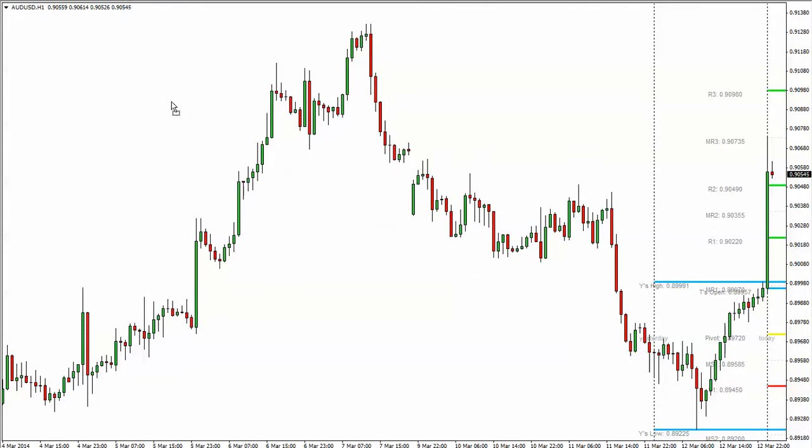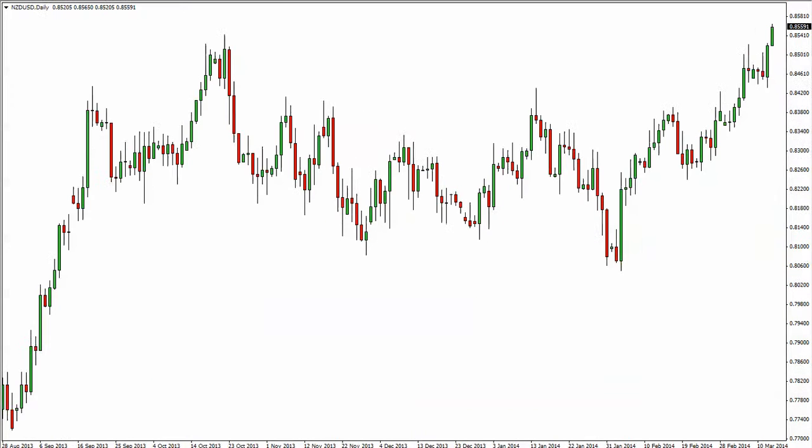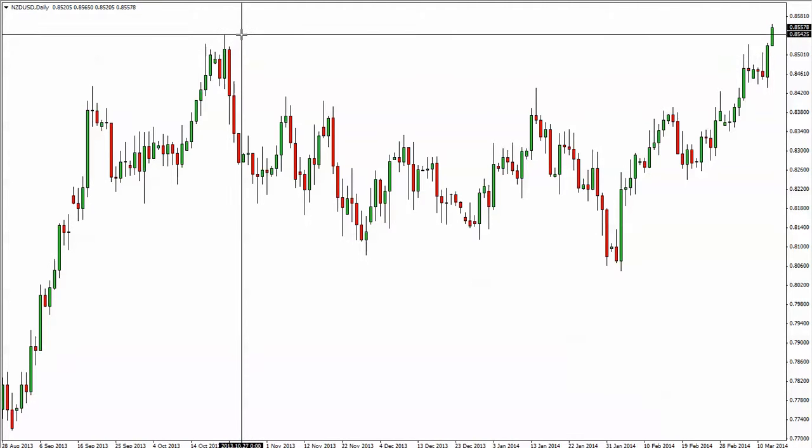And the last currency pair that we're going to take a look at is the New Zealand US dollar. And we did have an economic release earlier today at about 5 or 6 p.m. and you can see the big bounce that it had today. It is actually one of the biggest moves that it had made in quite some time now. And you can see right here from the daily chart, it took out the previous area from back in October 27, 2013 of